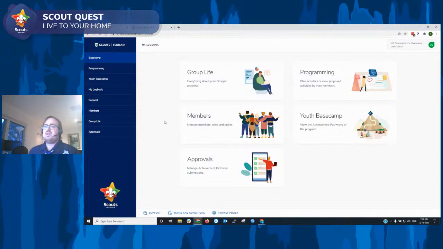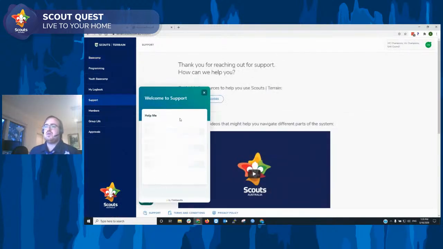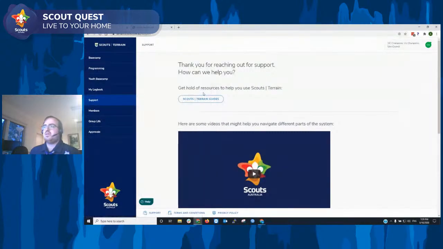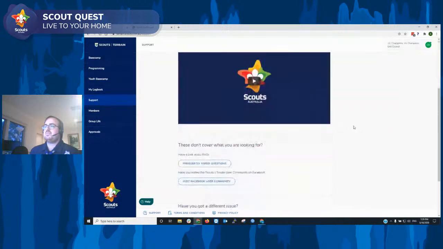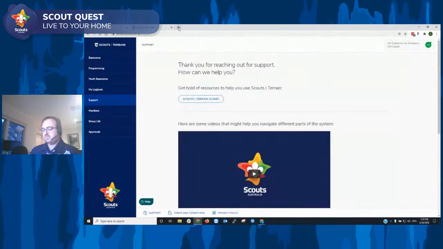So that's kind of, the other thing I'll cover is this support button here. When you go into it, there is a help button where you can take screenshots, add photos, and lodge a ticket. You can also, there are some videos and some help guides here, but the other useful thing that you can do is you can go to